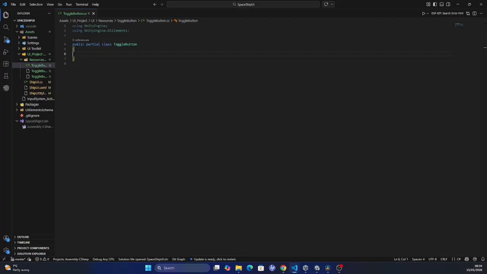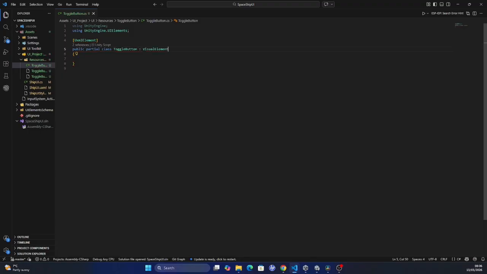This can be done by adding the UxmlElement attribute before the class definition. This will also allow UI Builder to show this control in the library. For this new control to be part of the UI Toolkit, its class needs to inherit from the VisualElement class. VisualElement is the base class for UI Toolkit controls. Every UI Toolkit control inherits from it. In other words, the VisualElement class is the core building block of UI Toolkit. By inheriting from VisualElement, our control gets many UI Toolkit features for layout, positioning, styling, hierarchy, events, rendering,